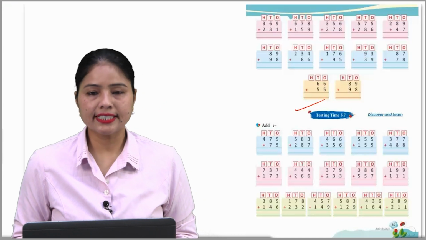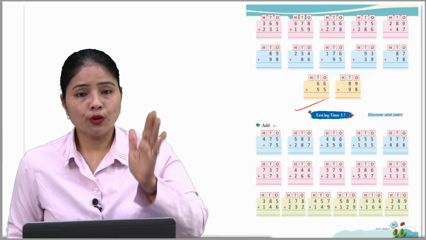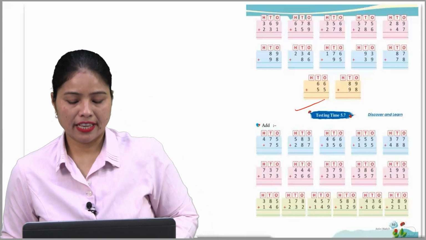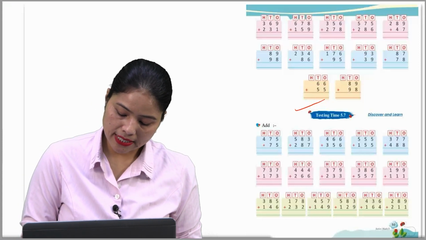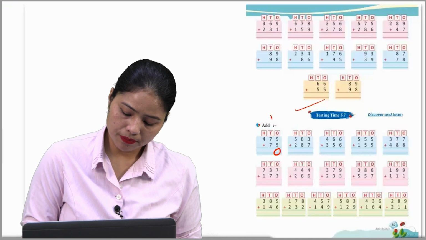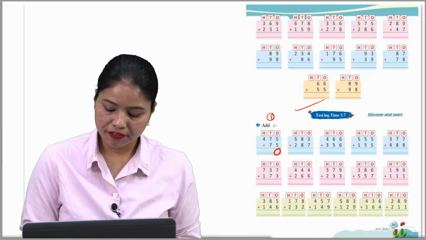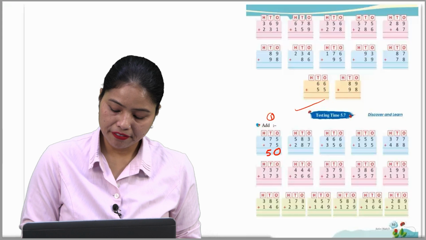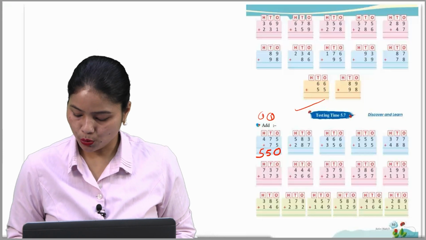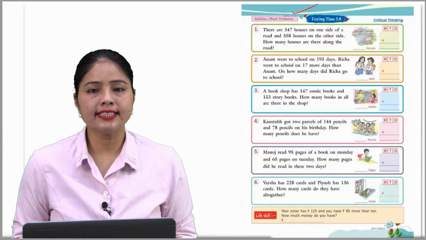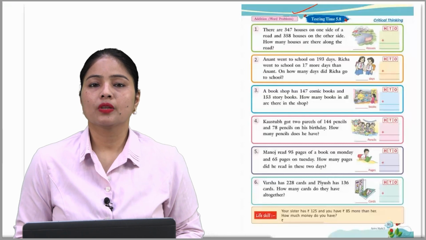Now move on, texting time 5.7. 475 plus 75. So 5 और 5 is 0. हमें पता है हमें ones की place से स्टार्ट करना है. कैरी 1, 7 और 7, 14 and 1, 15 का 5, कैरी 1 and 4 और 1, 5. Okay. So these are the other blanks. You have to fill them in on your own. Now move on next one, which is texting time 5.8.